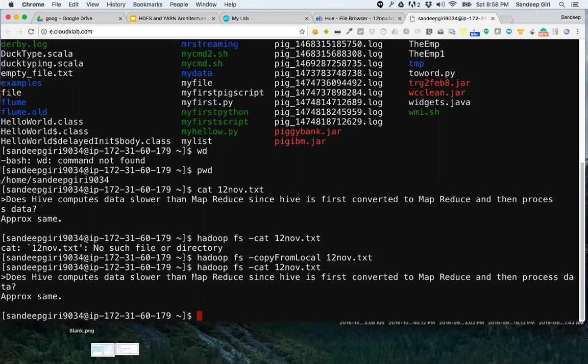Because in case this console goes down, something goes wrong with this machine, any data that you kept on the console will be lost, right? We are not keeping a backup of this data. But in case you have kept your data on HDFS, in case only a data node goes down, your files will be recovered.